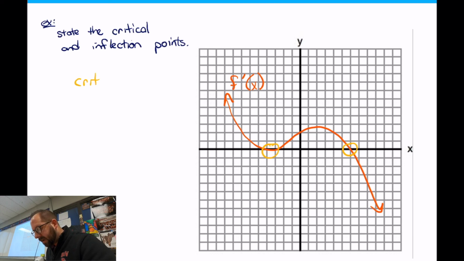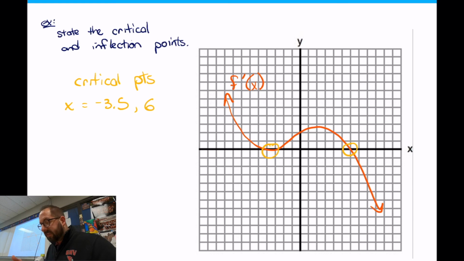Critical points on this graph is -3.5. And what is that? 1, 2, 3, 4, 5, 6. Those are my critical points, because again, this is representing the first derivative. It's not the original function. And now to figure out